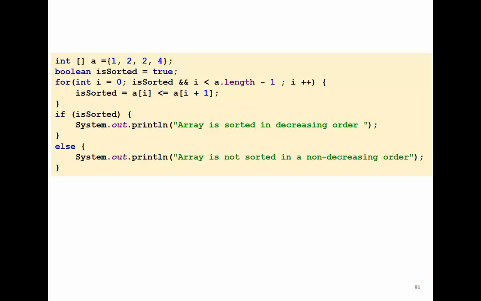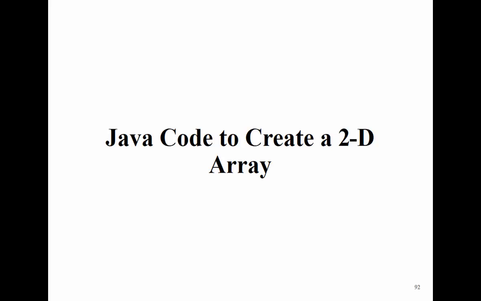If I keep a.length, imagine this array 1, 2, 3, 4. If i is equal to 3, a of 3 exists, but a of i plus 1, a of 4, does not exist. So we will have a runtime exception. That's why I make sure that I have length minus 1.